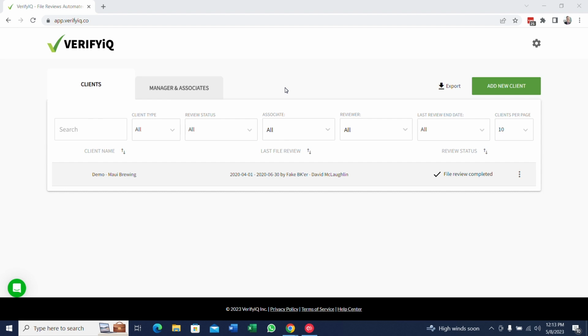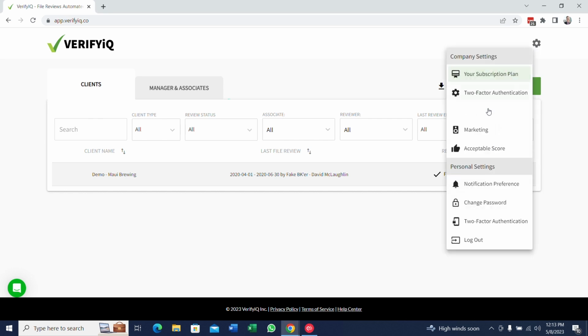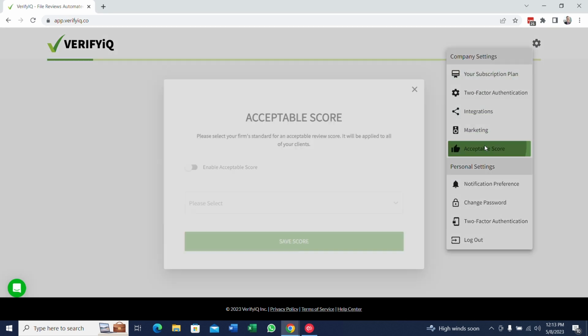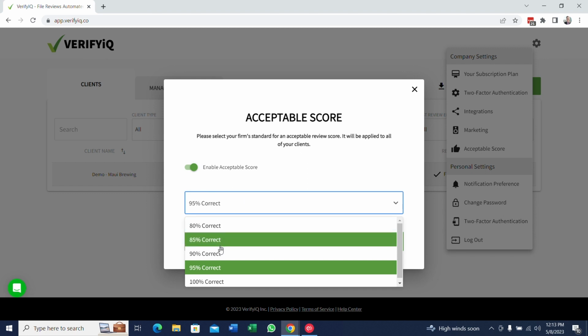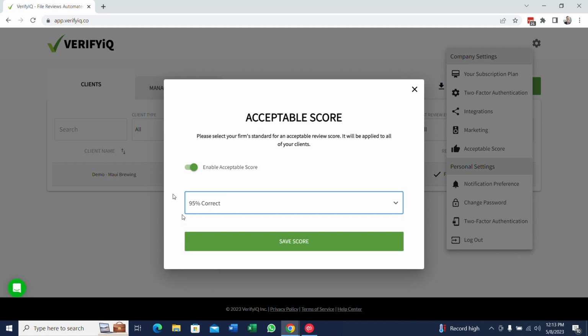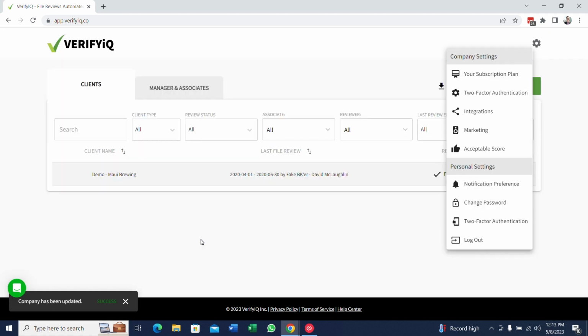To find this setting, please come to the gear icon in the top right-hand corner and then scroll down to Acceptable Score. You can turn the acceptable score on and off by using the toggle button, and you can select the correct level down here in the drop-down. Once you have selected the correct level and enabled the minimum acceptable score, please click on Save Score. Now, the minimum acceptable score has been set for all of your